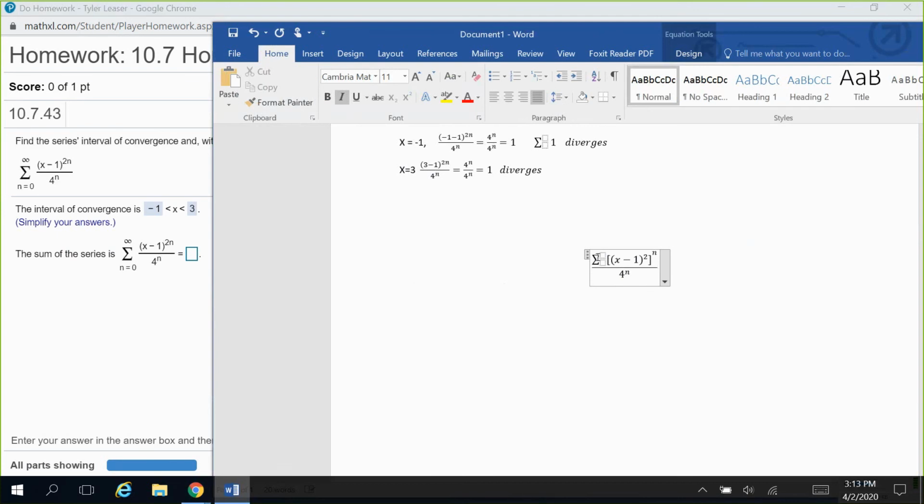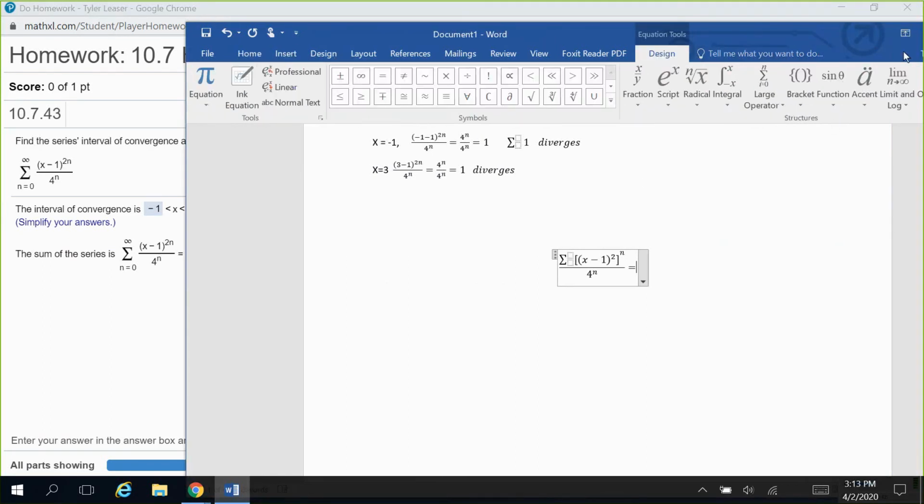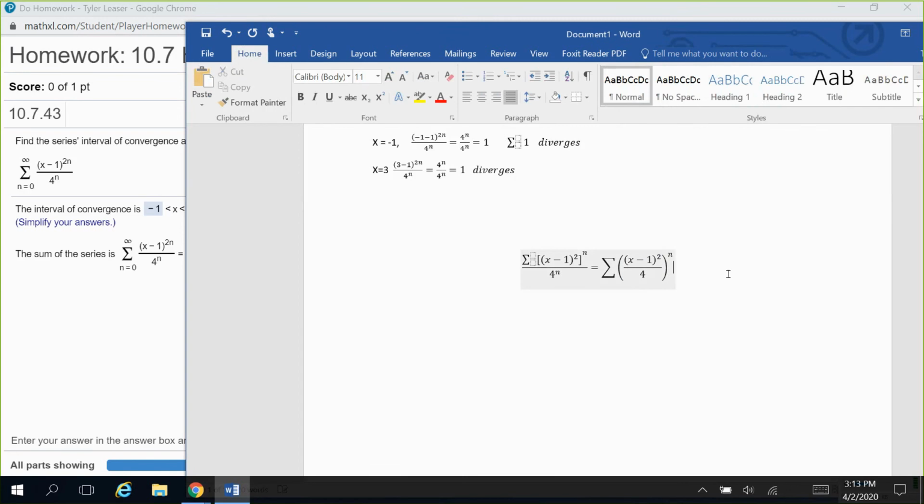Just imagine that the sum is out in front. So the sum of (x minus 1) squared all to the n, which means that now that they're both to the n power, we can combine them together inside of the same exponent. So the sum of just (x minus 1) squared divided by 4, and then that whole thing to the n. That looks nice. So this is going to be my a and my r value for the geometric series. The a value is just going to be 1, that coefficient that's in front of the thing that's to the power of n. My r value is going to be this other thing, this (x minus 1) squared